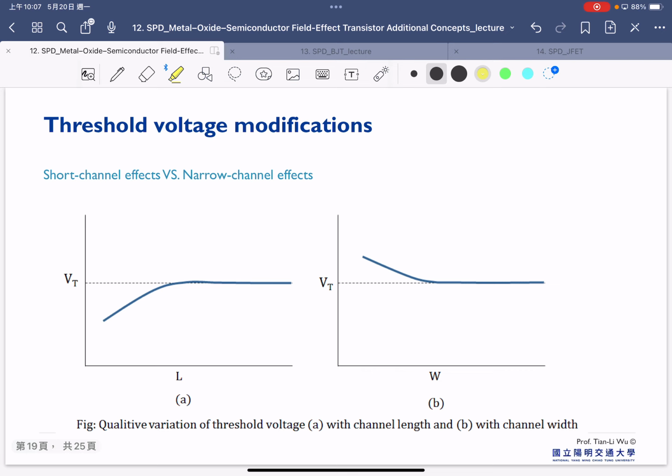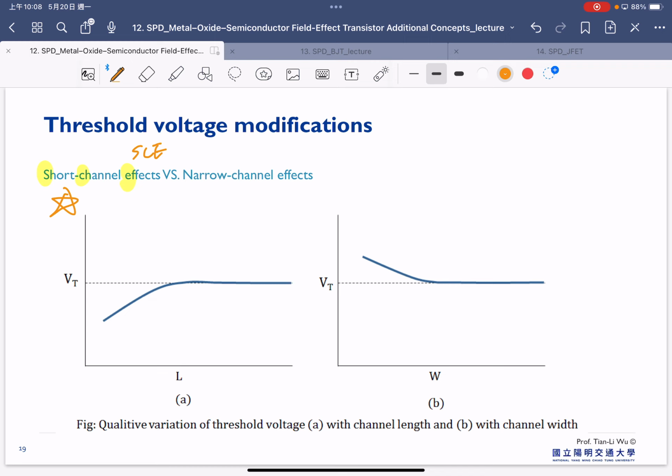So this is a summary of the short channel effect and also the narrow channel effect here. And to be honest, I think the short channel effect is much more important, because we are actually trying to fabricate devices with a smaller channel length here. So sometimes we also call this short channel effect SCE. That's a term very often used to describe this